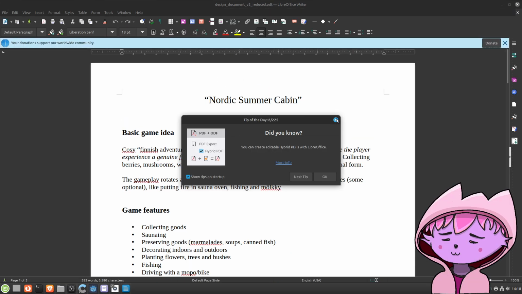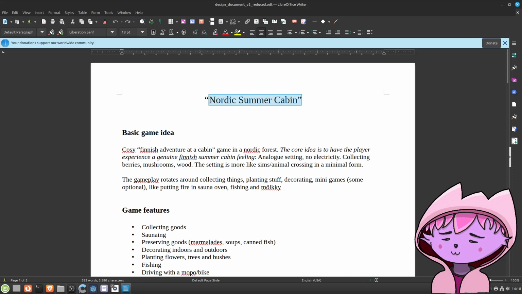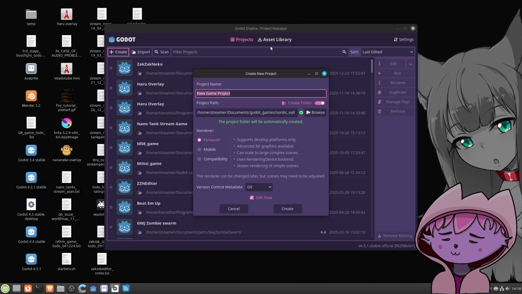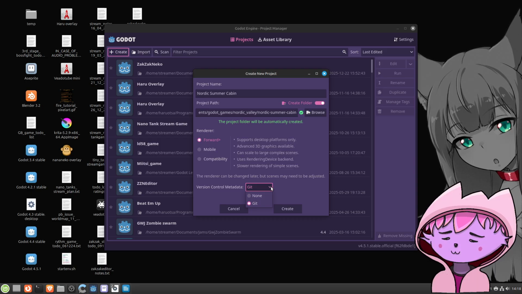Nordic Summer Cabin. That's the design documentation title. We don't need any, I think.